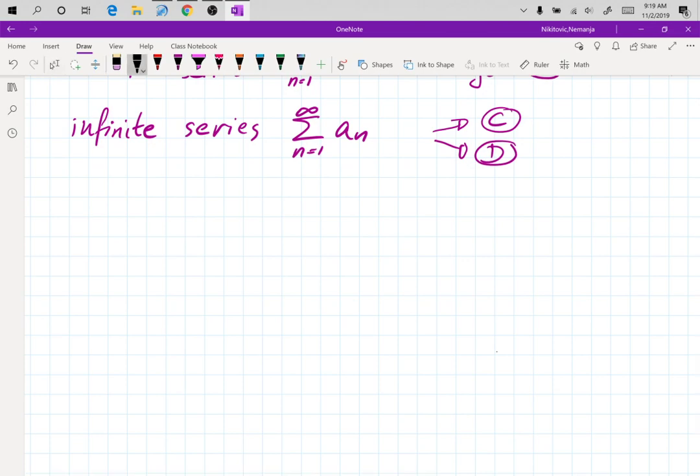Now, what does it mean for a series to converge? It's different than a sequence, right? A sequence converges if the limit is finite. Now, for a series to converge,